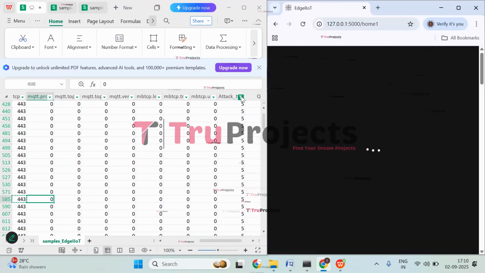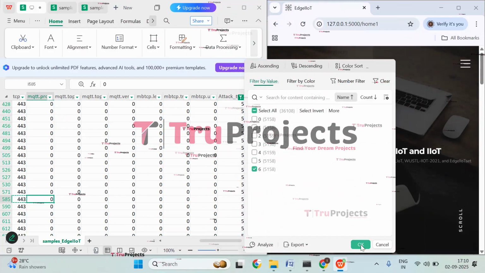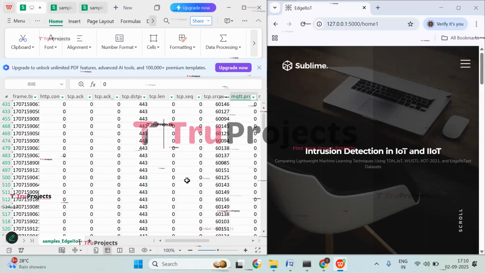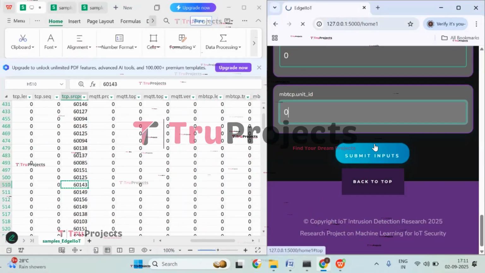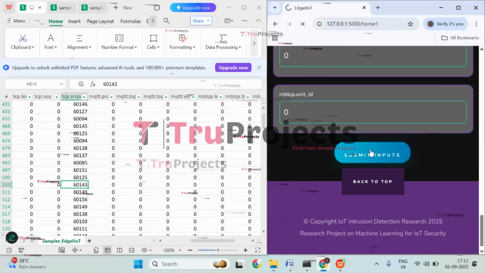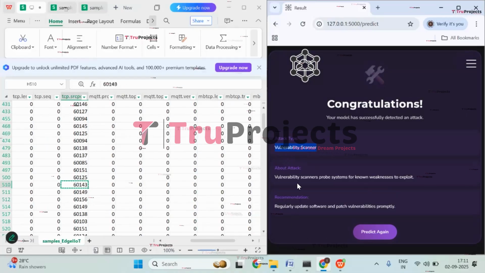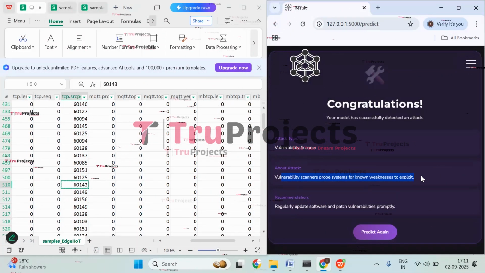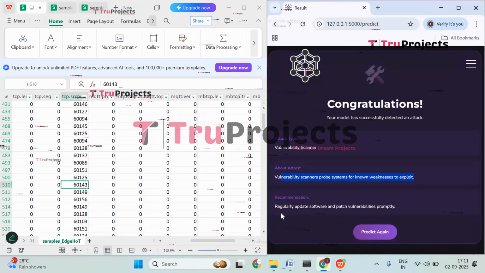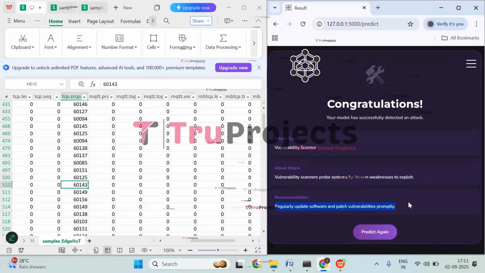Now let's check with the other one. So now let's check with class 6. That is the last attack for this data set. So let's enter the parameters. So click on submit inputs. Here we got the prediction that it is vulnerability scanner. And that vulnerability scanner probes systems for known weaknesses to exploit. And here it recommends to regularly update software and patch vulnerabilities promptly. So this is about